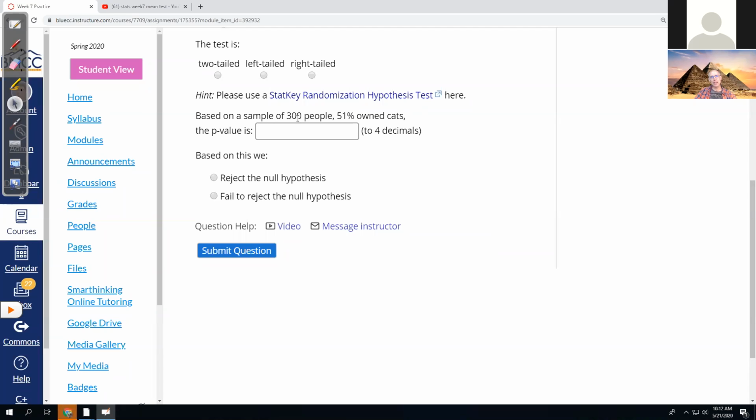Okay, so in StatKey, they tell me that the proportion in the sample of 300 was 51%. Of those 300 people, 51% did own cats. So the question is, is 51 significantly higher than 50 out of 300 people? And again, this is what a hypothesis test helps measure. When is far, far enough? So we jump into StatKey,